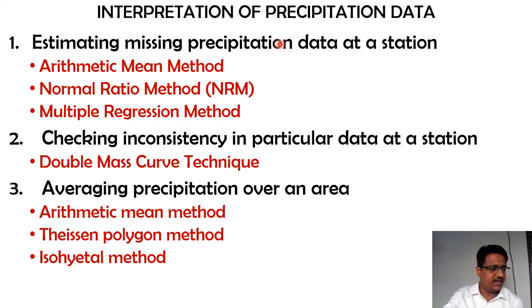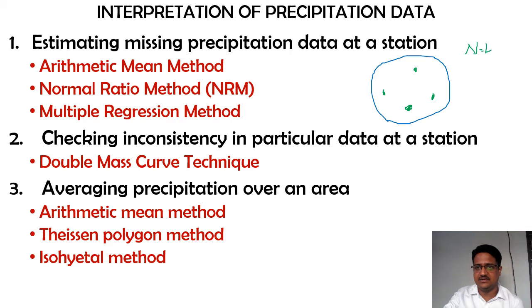What do you mean by this? Let us check with a simple example. Imagine this is my catchment area, and in this catchment area I have 4 rain gauge stations. I determined, with the help of the formula N equals (Cv/ε) squared, the optimum number of rain gauge stations. I used all those concepts and found that the optimum number of rain gauge stations required is 4. I have placed 4 rain gauge stations, so everything is set up.